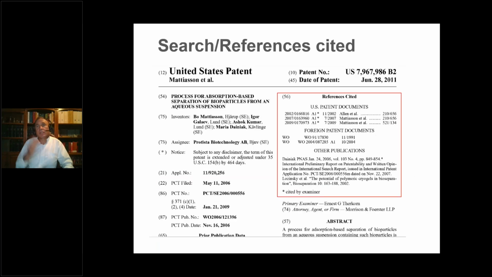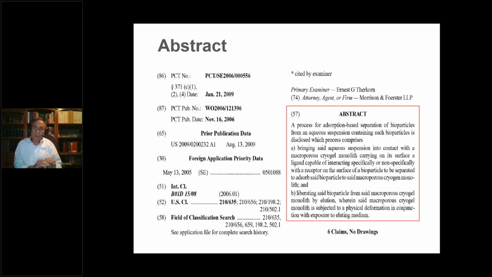Following that, we see this small section where we see the references cited, and there are two types. There's the kind that has an asterisk and the kind that does not. The kind that does not would be documents that were cited by the patent applicant or in prosecution. And the ones with the asterisk were cited by the patent examiner because they'll do a search on your claims. And of course, we have an abstract, which we will look at somewhat later.